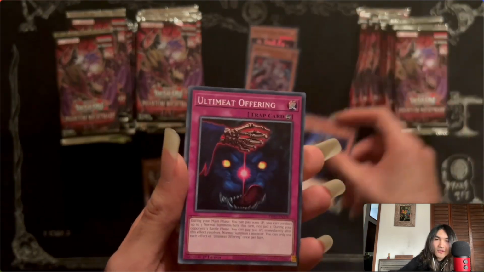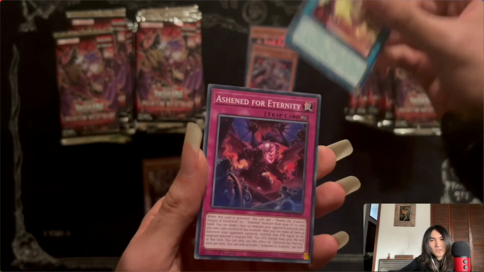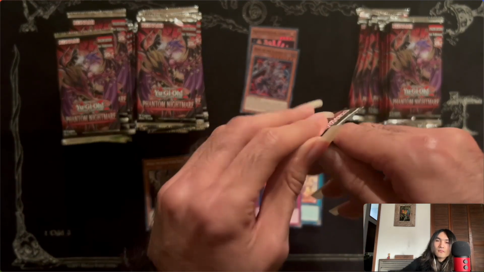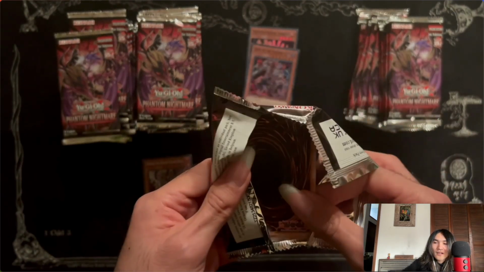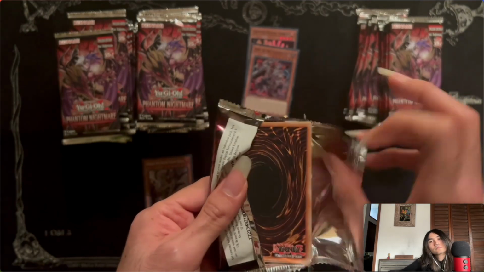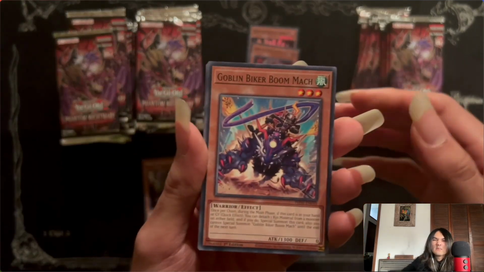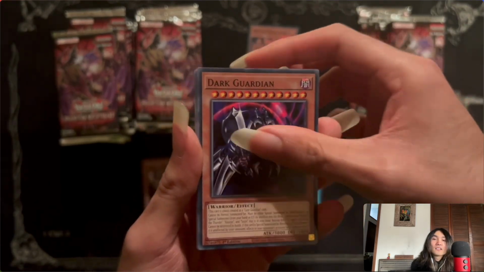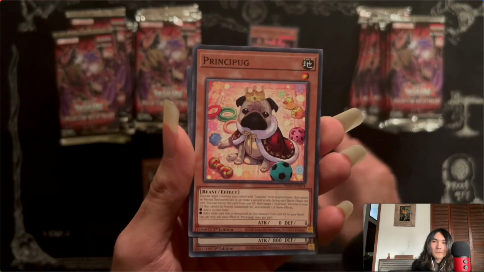Next we got Three-Eyed Ghost, Ultimate Offering, Prayers of the Voiceless Voice, and Ashen for Eternity. Fourth pack. Goblin Biker Boom Back Mac, Dark Guardian, Mature Chronicle, Principalk,